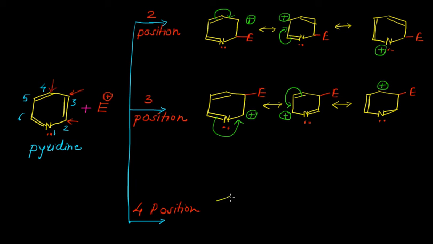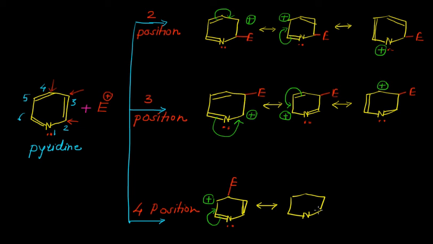So the resonating structure will be like that. In this case we have to write down the lone pair of electrons on this nitrogen and the electrophile on position 4. The other bonds will be as they are. So this bond will remain as it is, a double bond, and this bond will remain as it is. Here in this structure, the positive charge will be on carbon number 5, and this positive charge will get delocalized in this fashion, and we can write the next resonating structure like that.